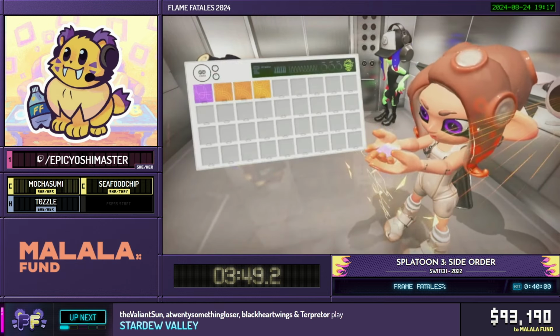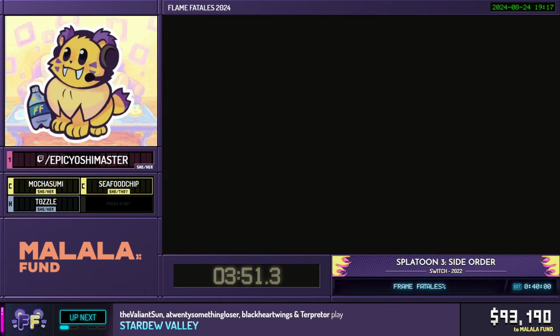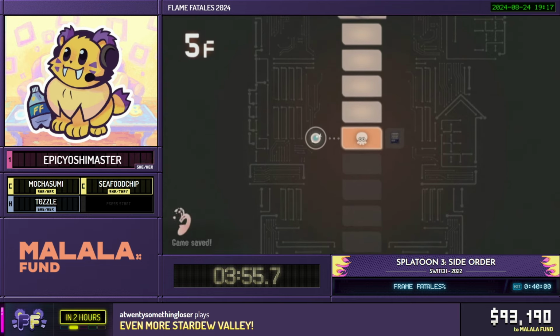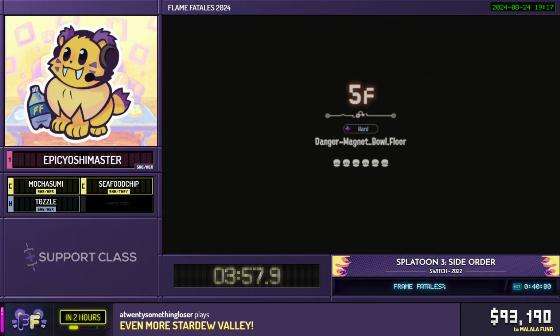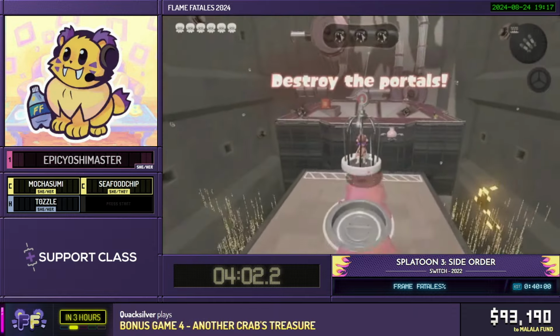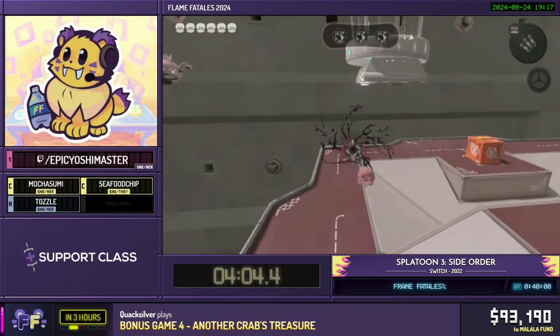Now you're gonna notice there's a floor labeled as a vending machine. Those are basically break floors, where you don't actually have to play a level, but instead you can go and buy various things, you can change your sub, change your special. We don't care about that. We're here to try and